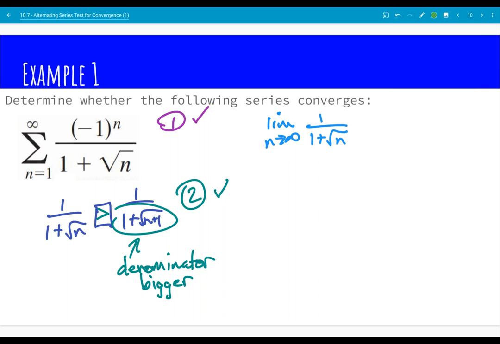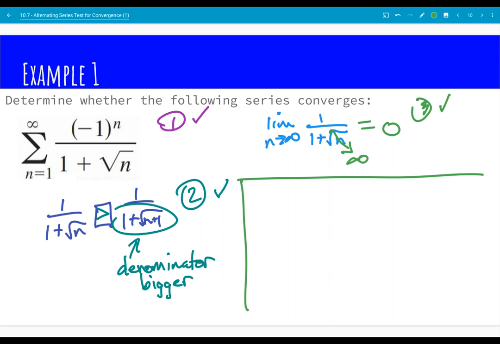This is a pretty straightforward one. Since the denominator approaches infinity, we divide by a really, really big number, we get a really, really small number, so the terms do approach 0. So that third condition is true. So then we can write out, and I'm going to pretend like I'm taking the AP test here, so I can say the alternating series